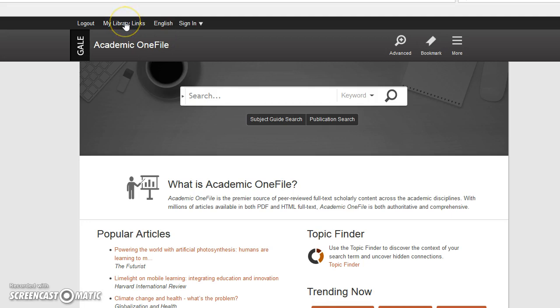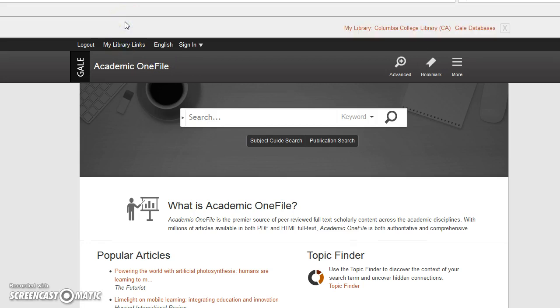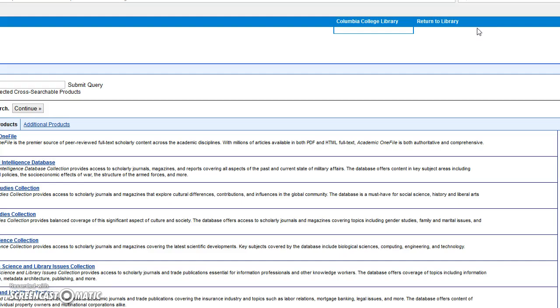Go ahead and click on My Library Links real quick. And what happened is way over here in red are the Gale databases that we subscribe to. And if you click on that, there will be an alphabetical listing of the ones we have. Oh, and I'm just a little bit off screen. What you can do is you can go through the 30 or 40 listed here and do what's known as